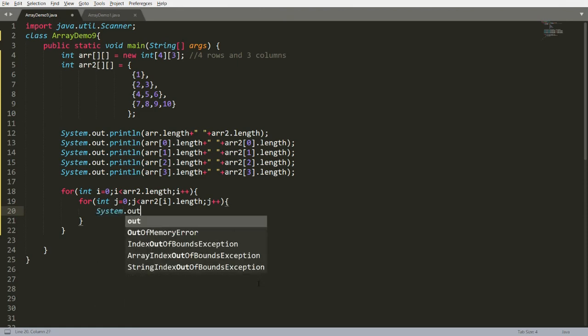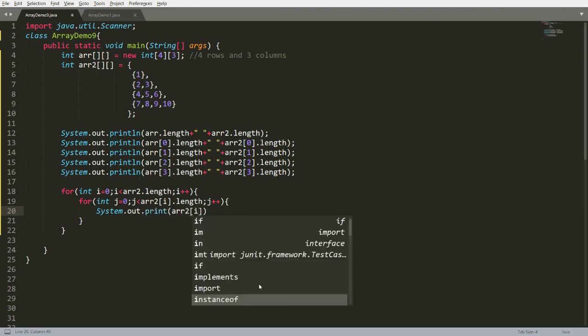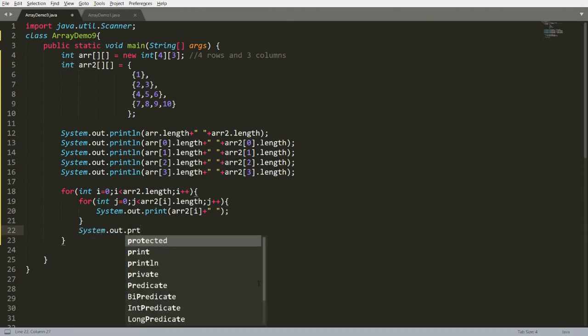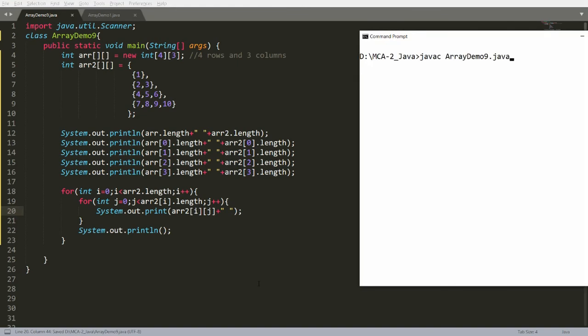Now here you can write system.out.print of arr2 of i of j, and then a space, and after the inner loop you write system.out.println. Whenever you write arr2 of i of j, you get the row and column both.